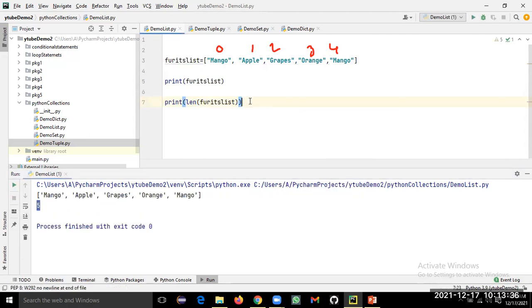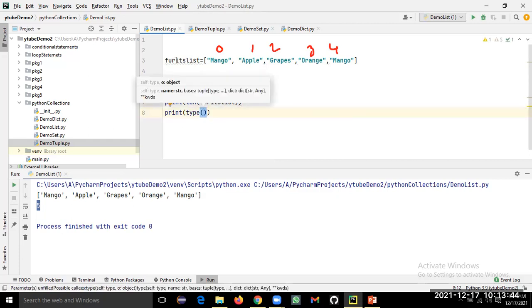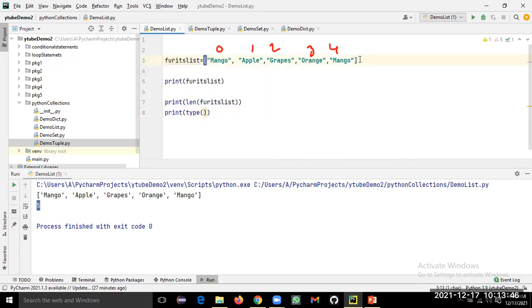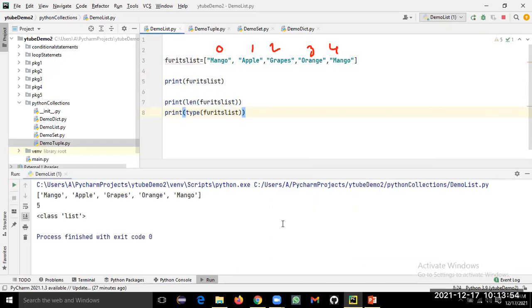This is the important point to note here. Let's say we want to print the type. What is this list? Sometimes an array is also represented with the same syntax, so you will not understand what it is. So you have to just run it. Now we are going to learn what is a class, what is a method, but list is a class.